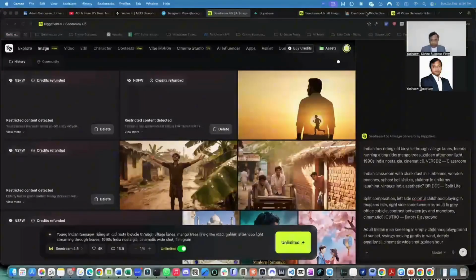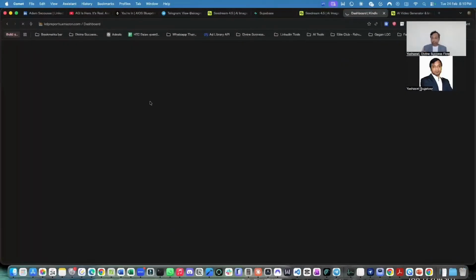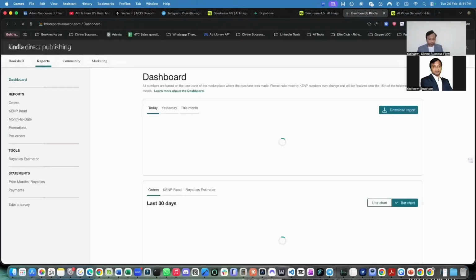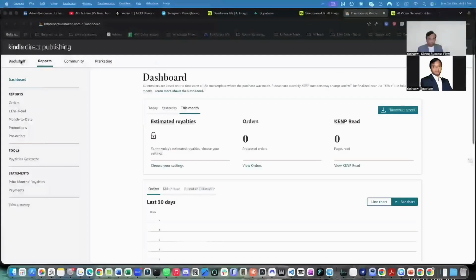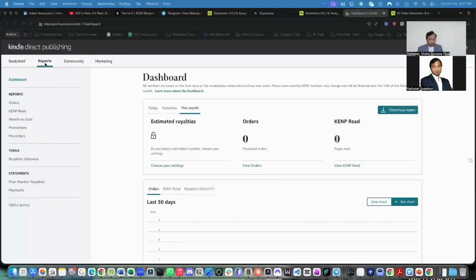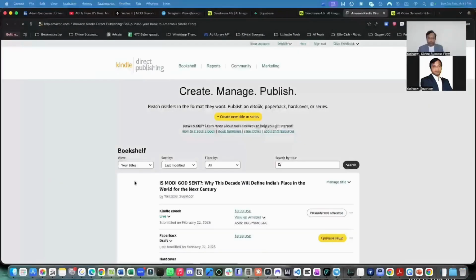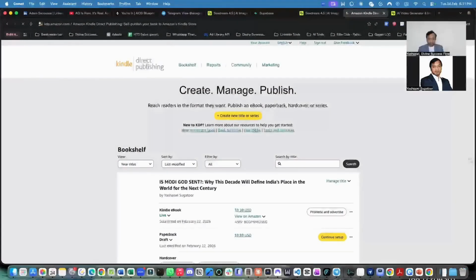So these are some of the things on Kindle. It is able to automate Kindle onboarding. That means it's able to list all the books, produce them, and list all the books by itself. We don't need to do anything. It's able to configure this and upload. Say this is one of the recent books that we uploaded, Modi God Sent. So if you see here,